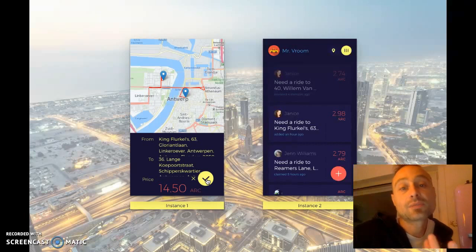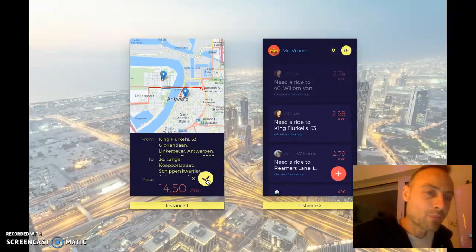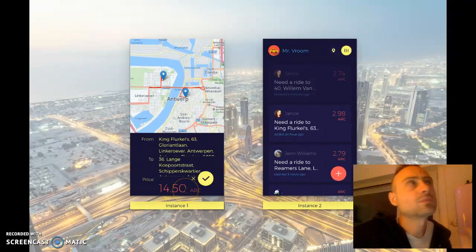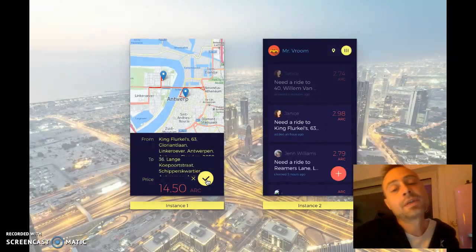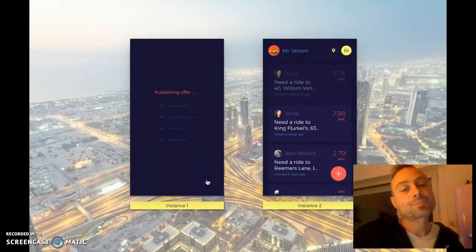Now the system will calculate the optimal route, which is fun, especially when I'm abroad in a different country and I do a ride share. Sometimes I think, is this really the shortest route? Now you can see that for yourself, and then we calculate a reference price that's based on your time and location at that moment, and then you start publishing the offer.